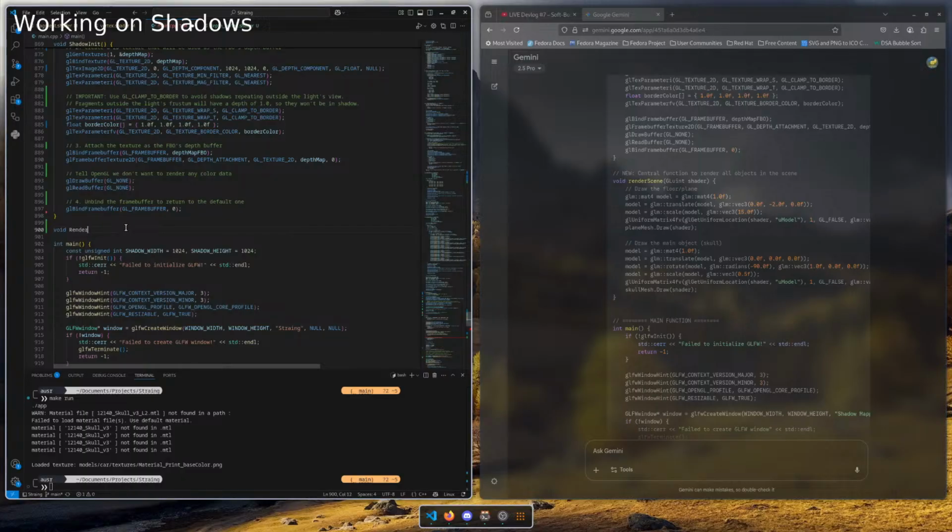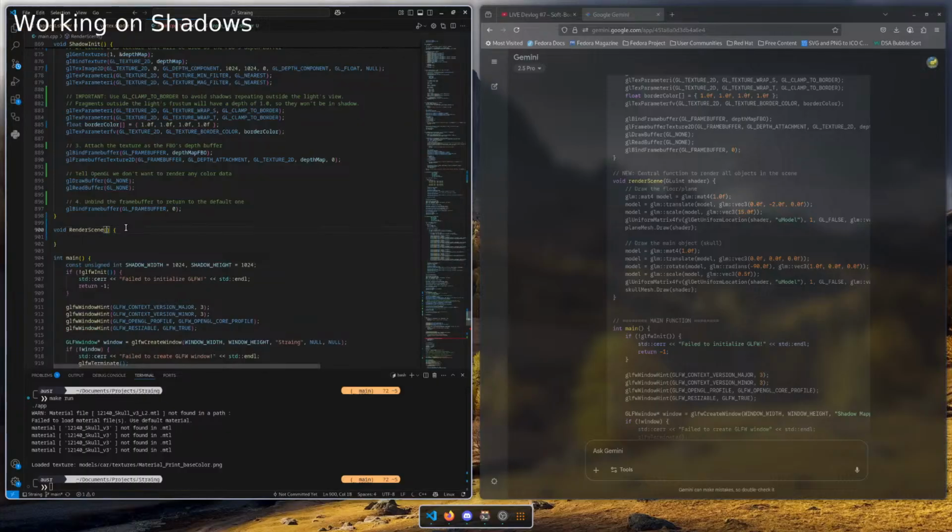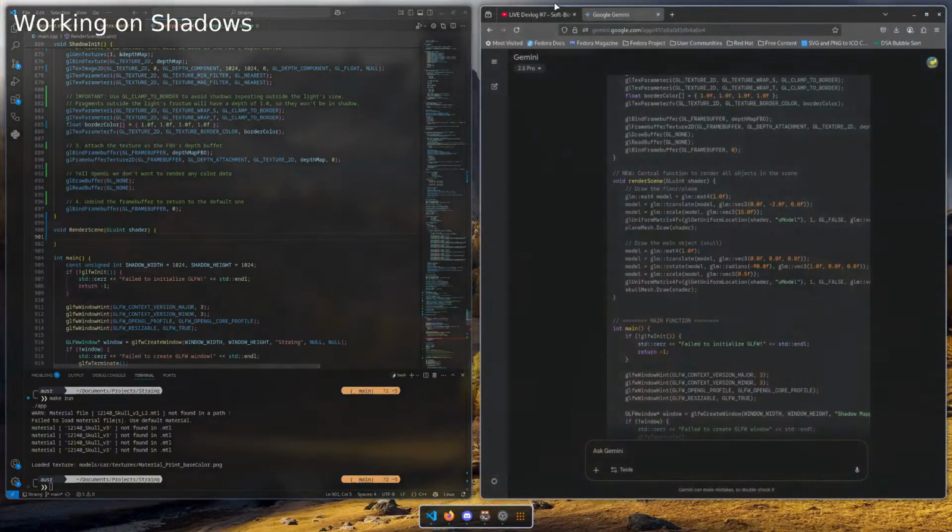Void renderScene. And we want the shader program, because that's where it works, to be honest. It's a shader program, but it's alright naming it shader.